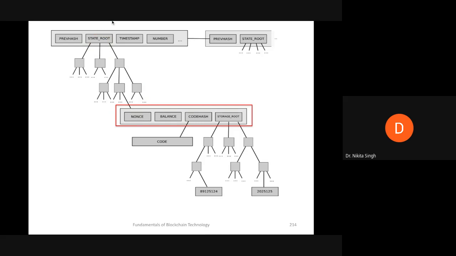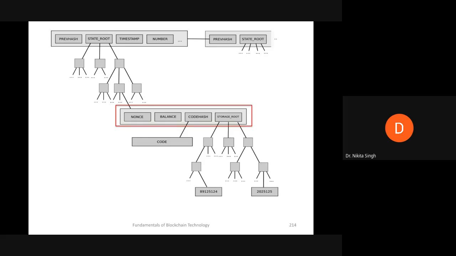All right. Next, the confirmed transactions. The transactions that have been confirmed, the transactions that have been recorded, are stored on the transaction tree or the transaction trie. So Ethereum keeps both temporary and permanent data separately. That is, it is using separate data structures to store the temporary and permanent data.